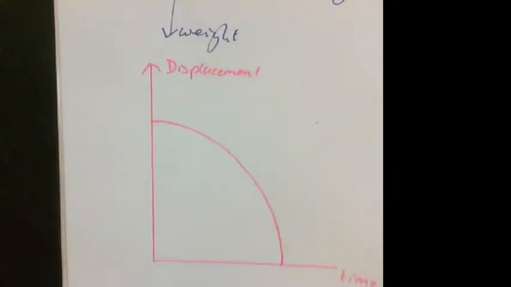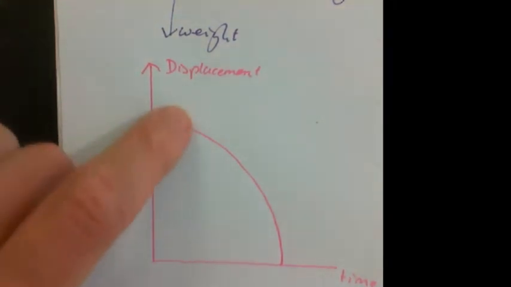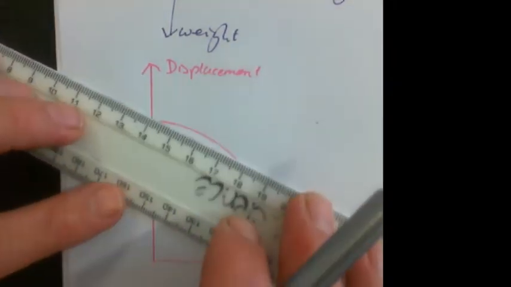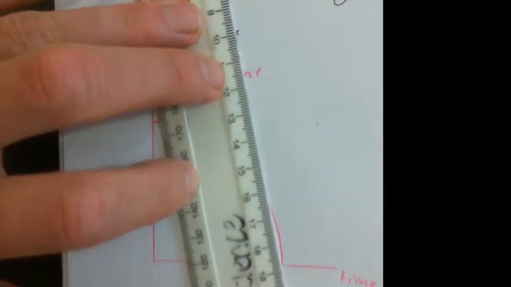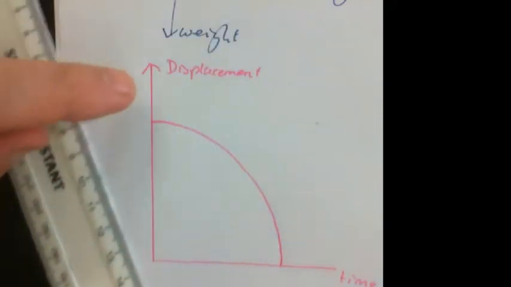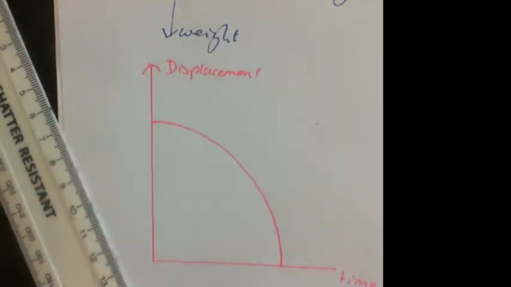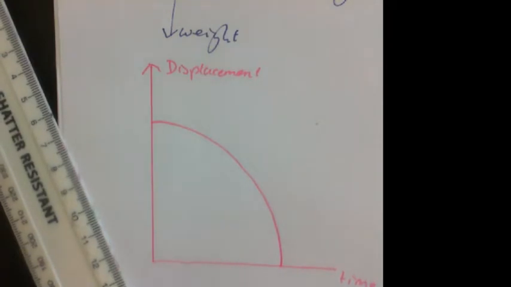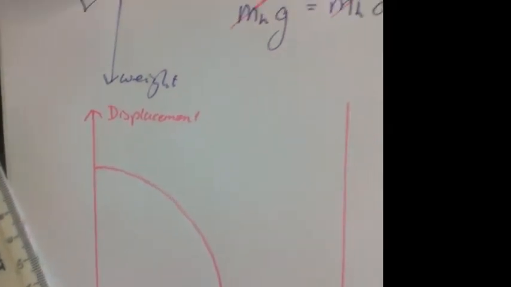And on this example, you can see that the tangent to this curve is getting greater. Okay, the gradient of that tangent is getting greater. But the key thing is that it's a negative gradient, and that just tells you that it's falling downwards. So, because it's a displacement time graph. And then if I wanted to do the velocity time graph,